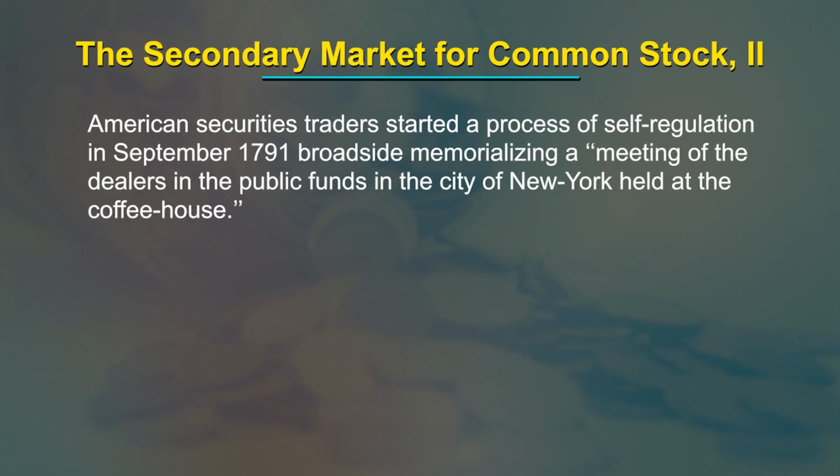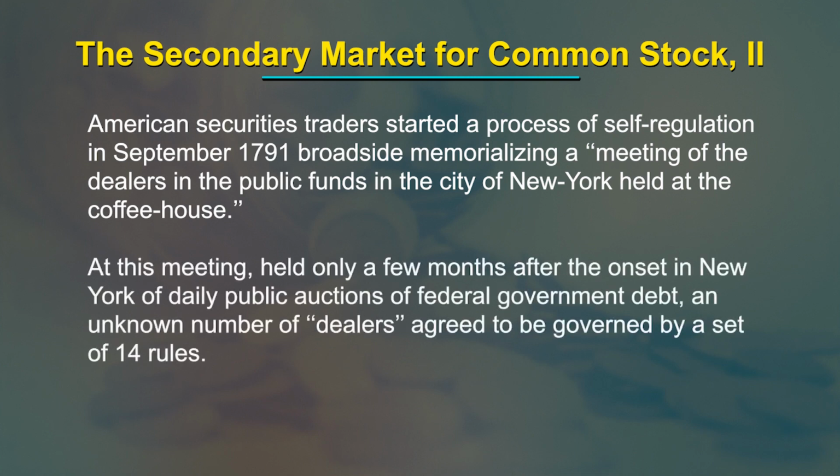The American security traders started a process of self-regulation in September 1791, in a broadside memorializing a meeting of the dealers in the public funds in the city of New York, held at the Coffee House. At this meeting, held only a few months after the onset in New York of daily public auctions of federal government debt, we find that an unknown number of dealers agreed to be governed by a set of around